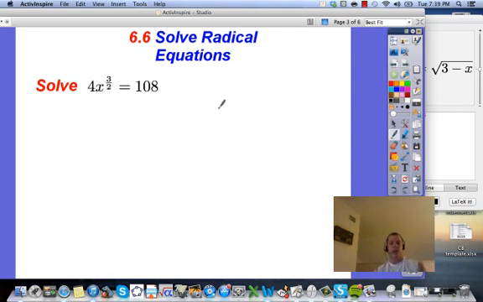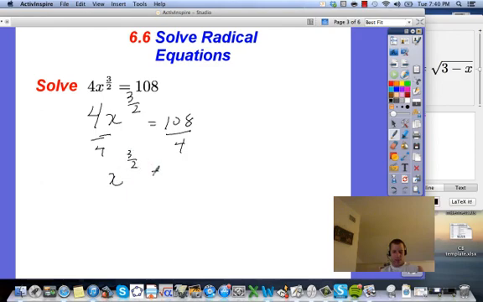Okay, so the second example here, you don't see a radical, we just see an exponent, which you're going to solve the same way as you would any other radical equation. So here's our problem. Again, something's being multiplied to this 3/2 power. It's 4. So we're going to divide everything by 4. Okay, so you're still going to have x to the 3/2, and that's going to be equal to 27, 108